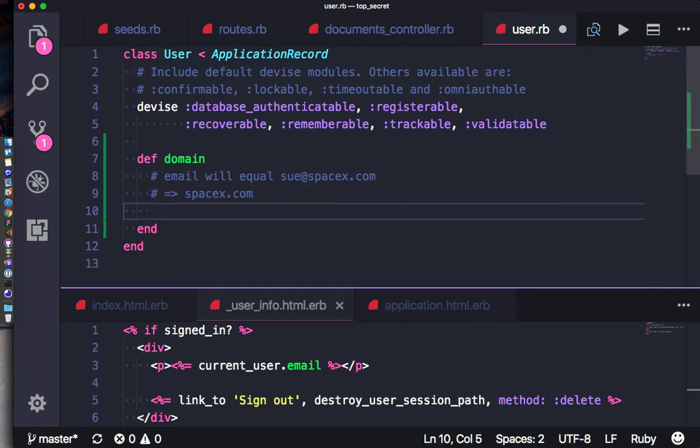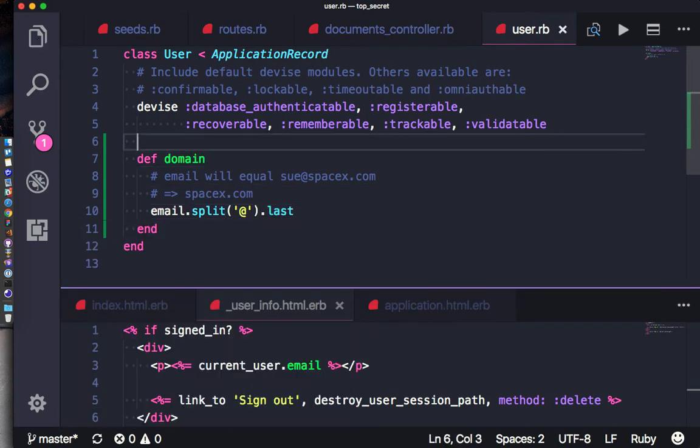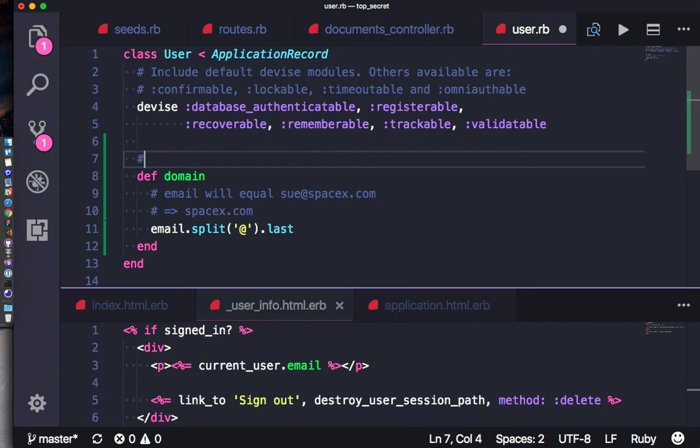So what we can do is split that. So get the email of this user. So user will have the email. So you either write that as email or self.email. Get that email and split it at the @ sign. And then we're not interested in the bit before the @, we're interested in the bit after the @. So email.split.last. So we put here